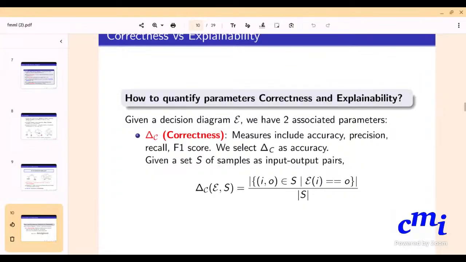Okay. So I know you have it as IO here. Can I make a suggestion to have it as O applied to DNN of I? Sure, I'll do that. Or you could keep it and say where O is equal to DNN of I, or F of I, whatever that function is on the original thing. There are two things here. One is it is defined based on a set of samples, and the IO pair, the O, is actually the output produced by the original DNN. You can make that explicit here: O is equal to DNN applied to I.